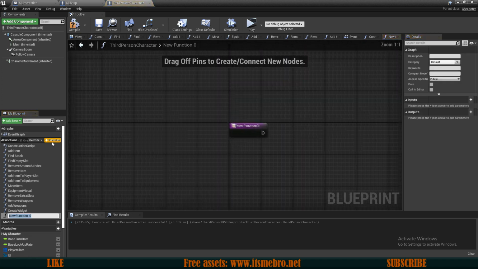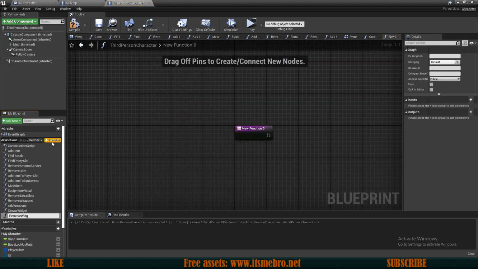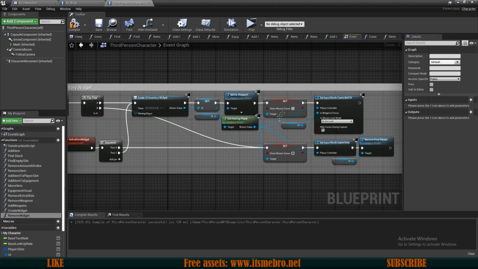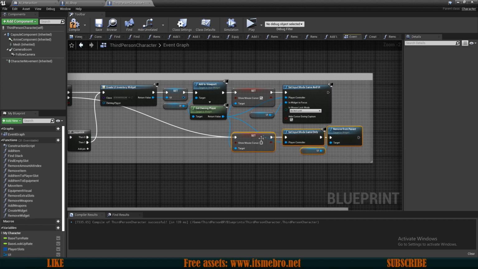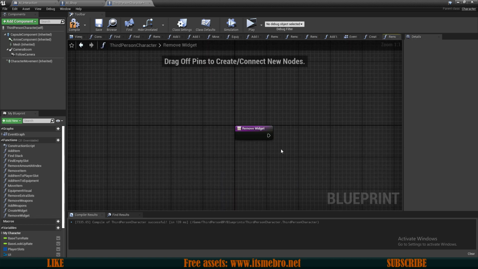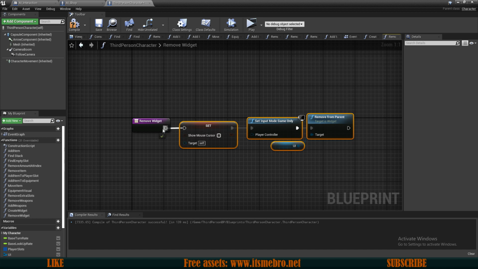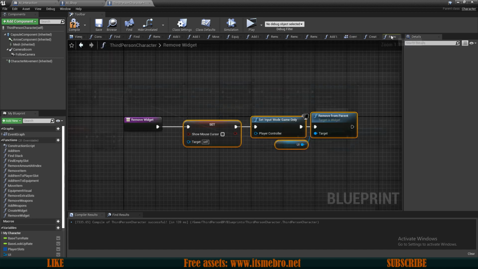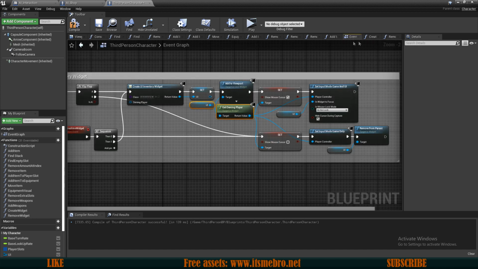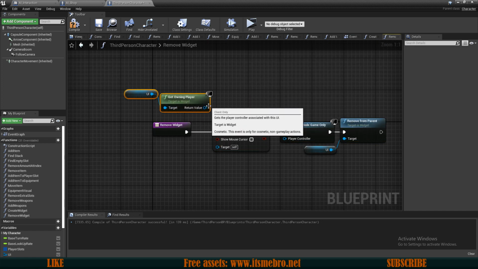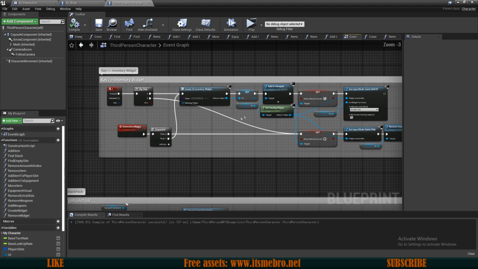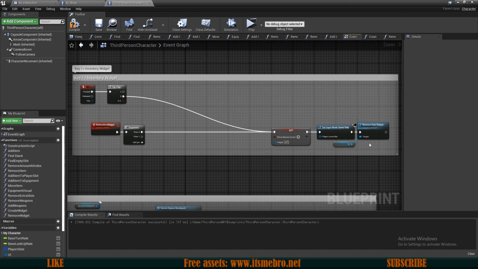And now let's create another one, and let's call this remove widget. And again, let's go to the event graph and let's copy this part right here, paste it in, and also make sure to copy in these two nodes as well. Now back in our event graph, we can remove all of this,